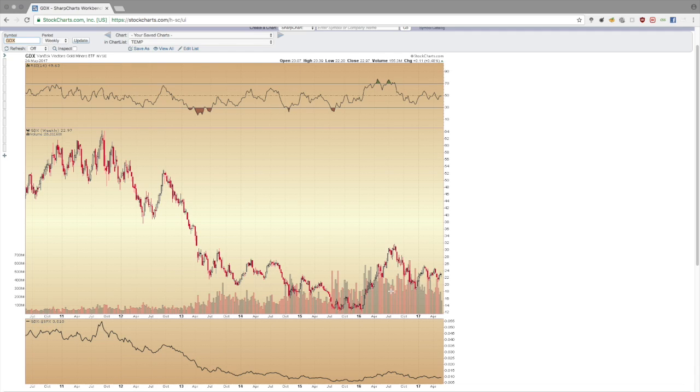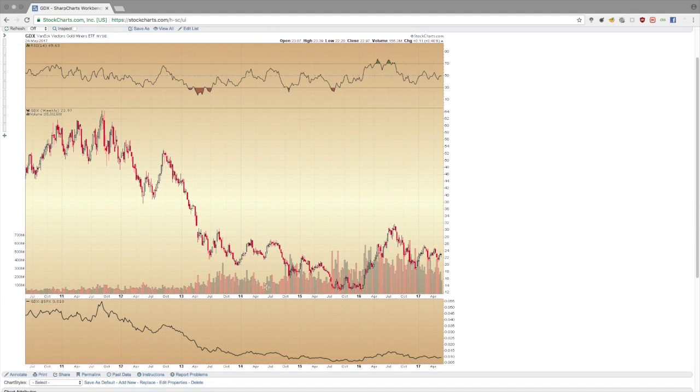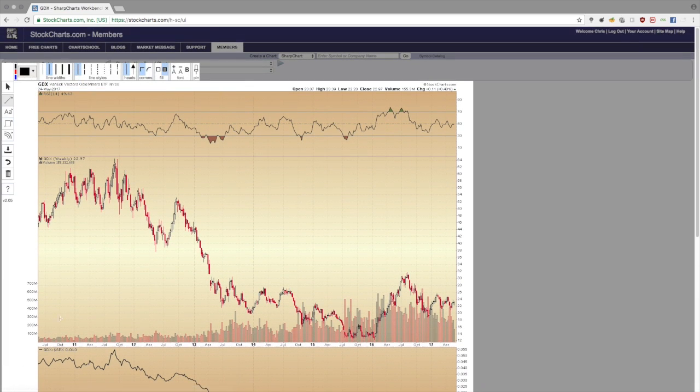But there's a lot more going on here, and here's where I'm going to introduce you to the way that I form some level of reason from these charts and get a sense at the trends, at the turning points, at the momentum indicators, and what is actually happening here. What is the big picture of the gold and silver mining sector? Okay, so what we're going to do now is annotate. So this is the tool here. I'm going to click annotate.